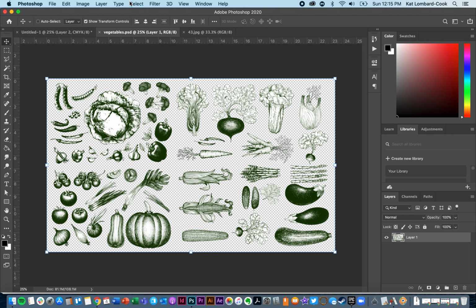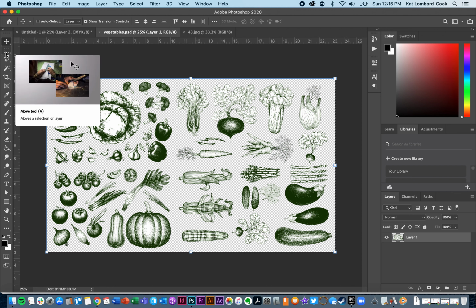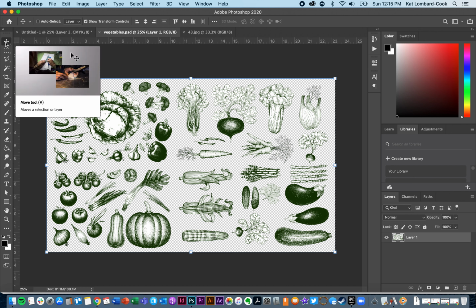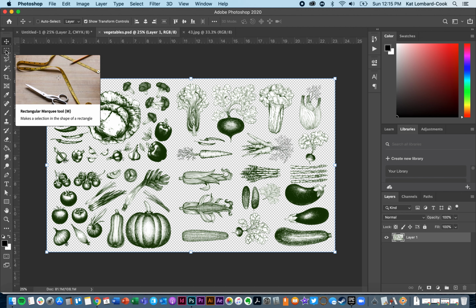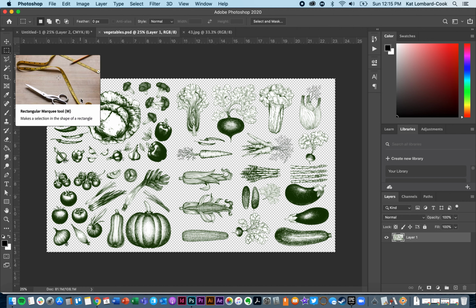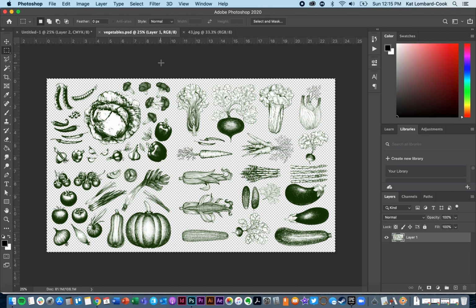So instead of going up and selecting all, I just want to select part of it. So I'm going to change my tool. Here we've got all of our tools on the side, same as we did in Illustrator. The second tool down is the marquee tool, and the marquee tool will allow me to make a selection, as it says, in the shape of a rectangle, and to just pull that part out. If I'm in the marquee tool and something's already selected and I want to deselect, just click anywhere that isn't